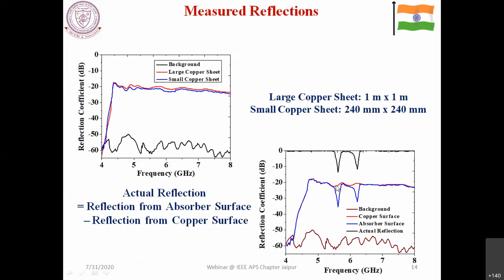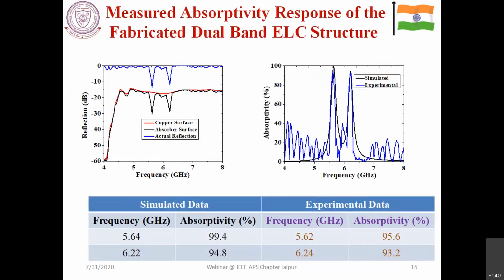This is the reflection from the copper. The blue one is the reflection from the absorbing sample. And the difference between these two will give you the actual reflection from the particular sample. Okay? So with this one, you can compute the resulting reflection coefficient, or in turn you can compute the resultant absorption. Obviously, by using a suitable gating structure, you can reduce the out-of-band noise, by employing some other algorithms. Okay. So this is the basic idea.